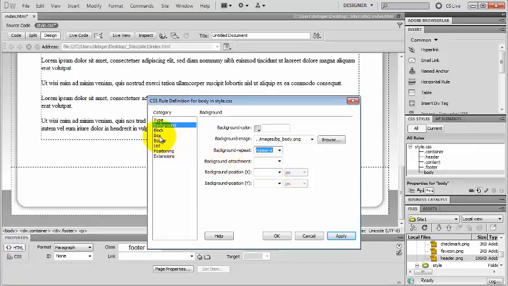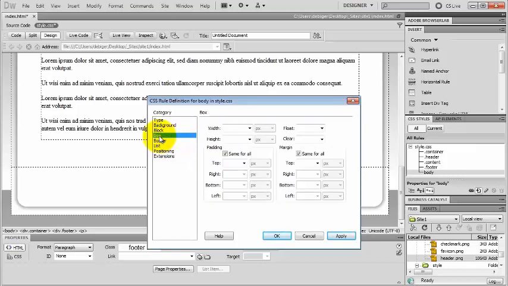Okay, I go to box, and I have a 15 pixel margin on my body tag. It's basically there by default. In CSS everything has a default value, but I can change it. I just change my top margin to 0, so I'm not gonna have that 15 pixel margin above my header